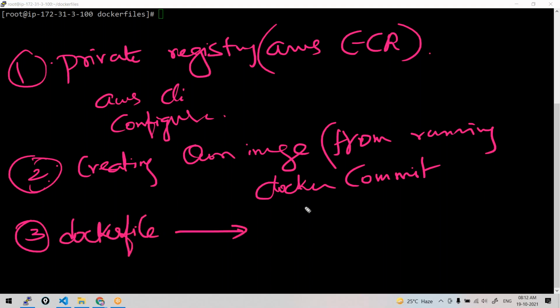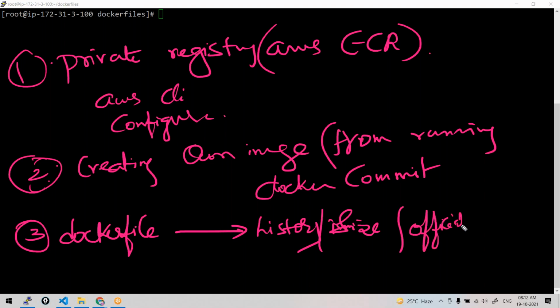In this method, we saw the history of the image, the size of the image, and the official Dockerfiles of official images. They were all stored on GitHub, with the best practice of maintaining versions of your Dockerfile. We'll do that tomorrow: just like any other files we have pushed to GitHub, push these Dockerfiles to GitHub and store them.